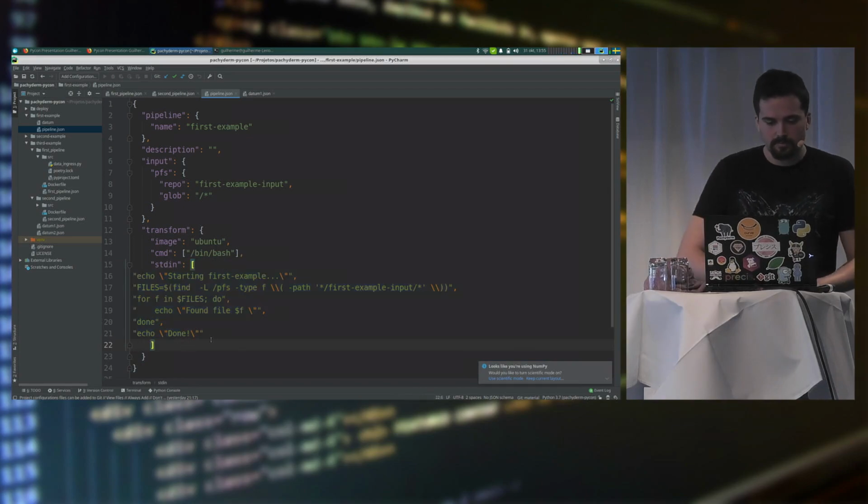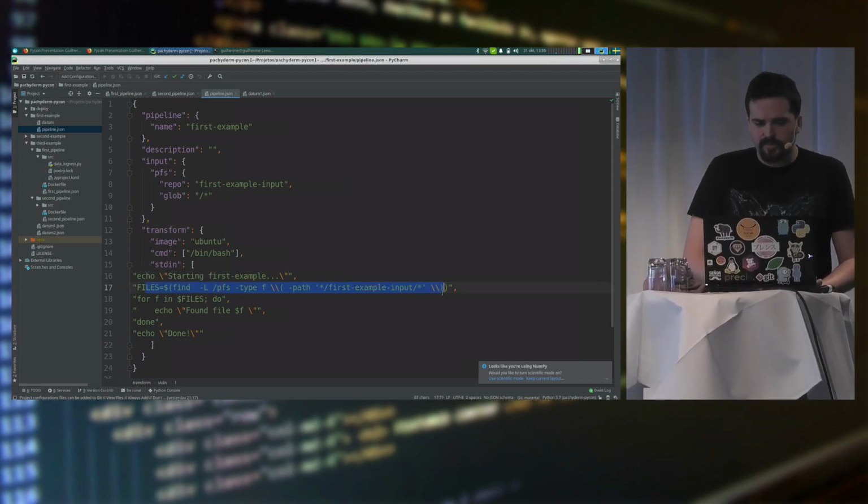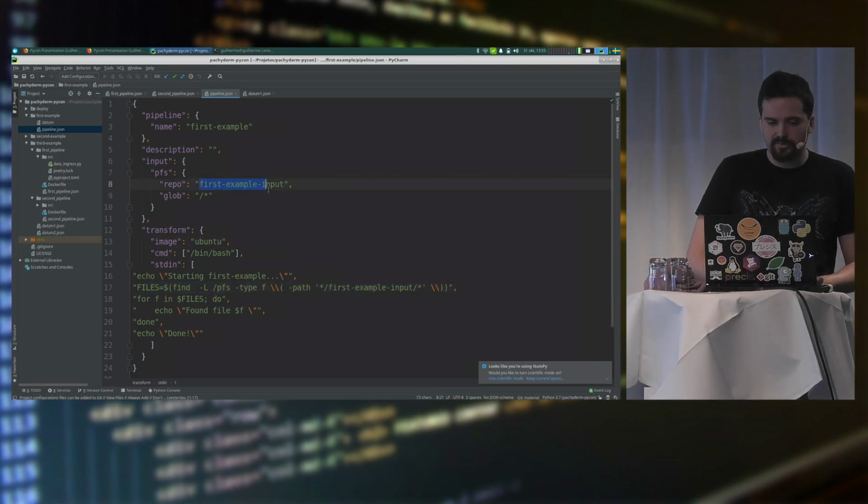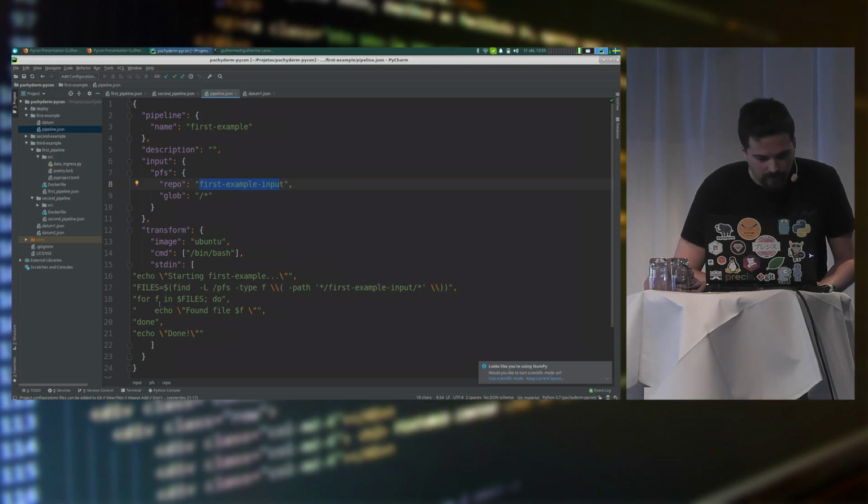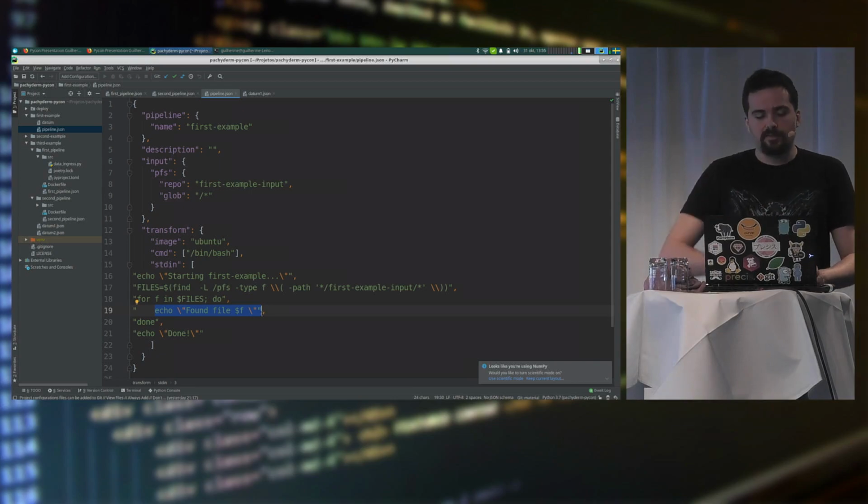This is not super important. But what this pipeline is going to do is essentially echo some message, list all the files in the input repository that we defined here, and then echo the file path for each of those files.